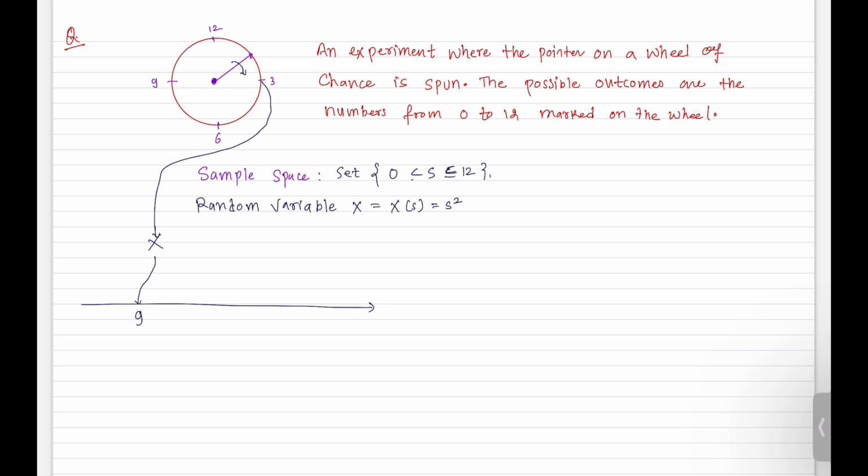And let's suppose we carry out the experiment again, and maybe we will get some 6 this time, right? We can get any number from 0 to 12. So we get this 6, and where will this 6 get mapped? This will be taken as an input to this random variable, and 6 will get mapped to 36, right? So if we have these number of possibilities, all of them are going to be mapped according